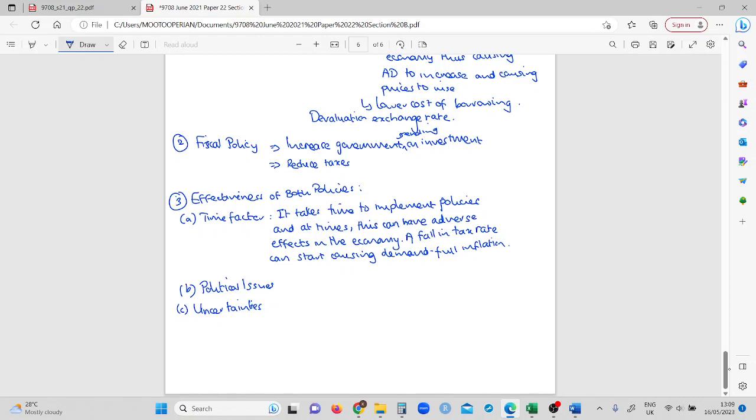Similarly, for example, if we reduce income tax, the disposable income is expected to increase, so people spend more. However, if the people are pessimistic about the future, they will want to save more instead of spending, despite income tax being reduced. So we have several uncertainties which might make both policies ineffective. Under uncertainties I will write, for example, a fall in income tax,